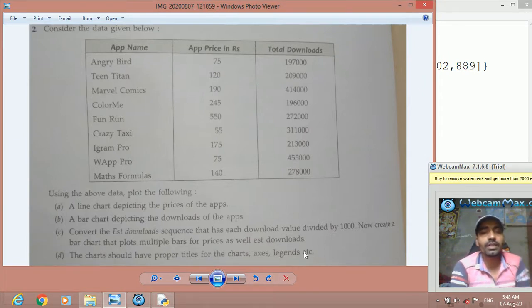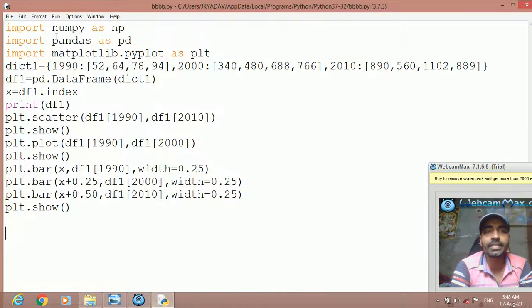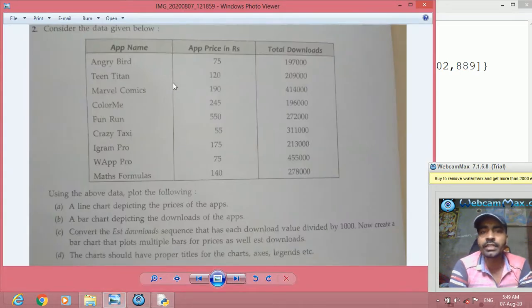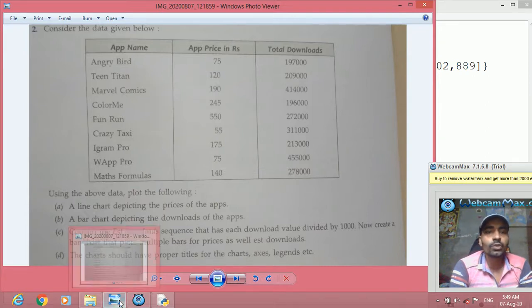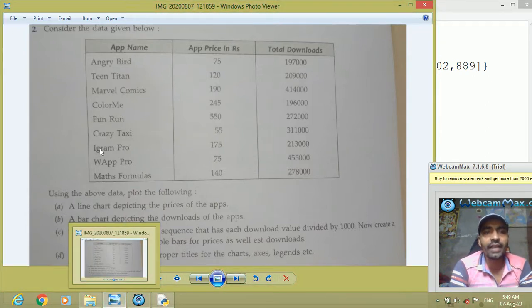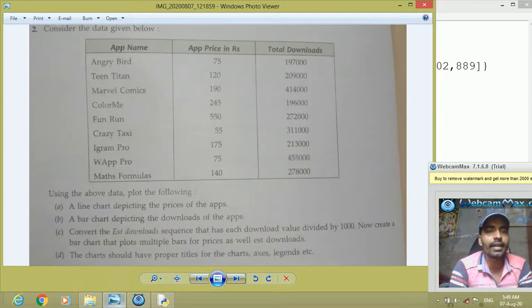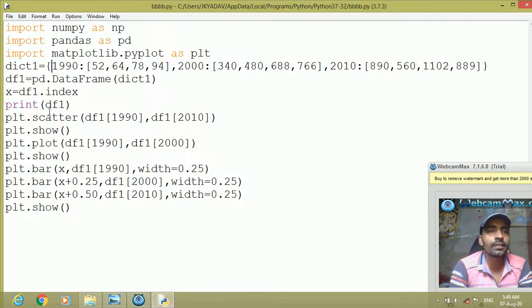So for this, in the same code we can write. Let me write. Already we have imported NumPy, Pandas and Matplotlib. And this time we are not going to create a dictionary. This time we directly create the list. So what are the lists? I tell you only 4-5 examples, not all the values we will write.